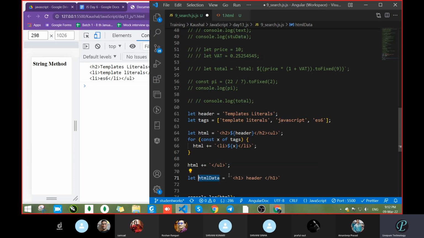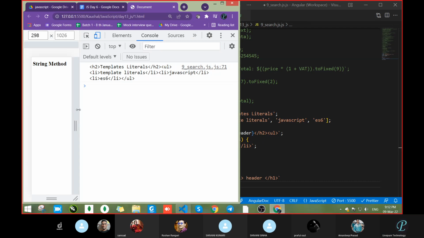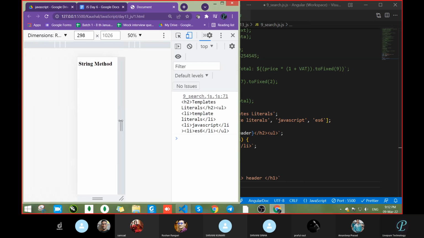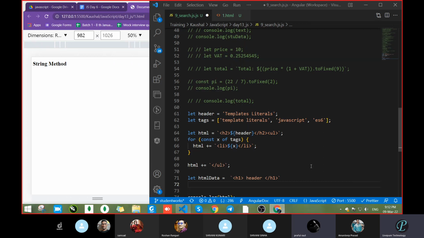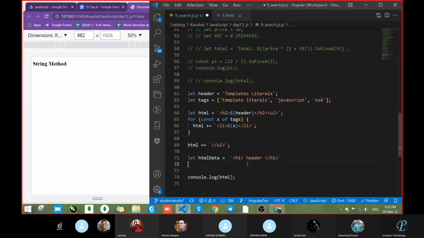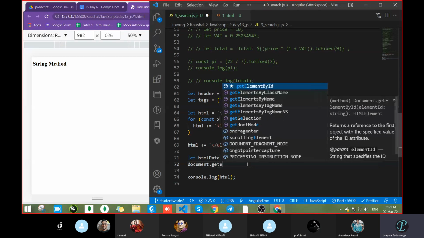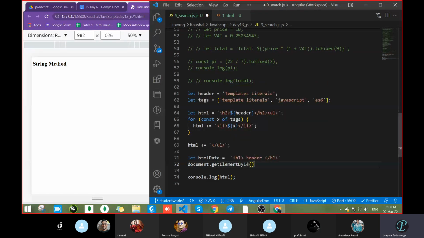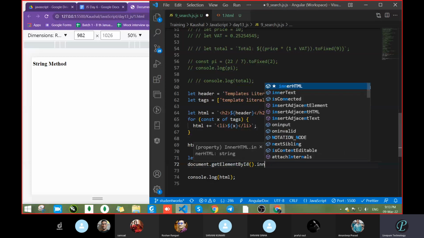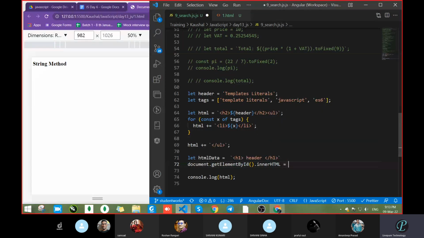And what will I do? I will pass this thing to HTML. So how do we pass to the HTML page? Can anyone tell me? Document dot getElementById. So document dot getElementById, we will pass here dot innerHTML equal to this is my data. Correct? Let's see on the HTML page.